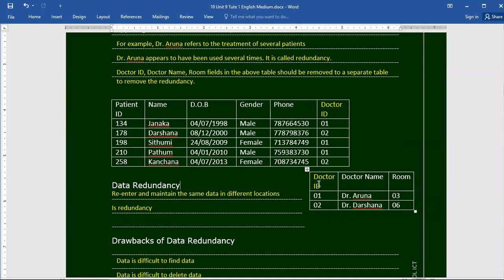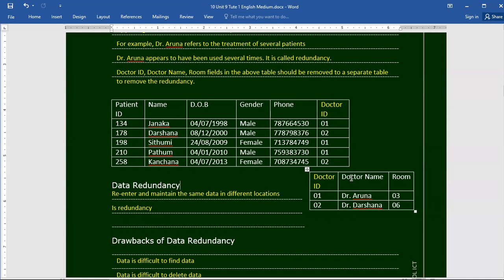Then this doctor ID field can be used in another table as a foreign key. We know a foreigner, and this is the foreign key because this field comes from another table.